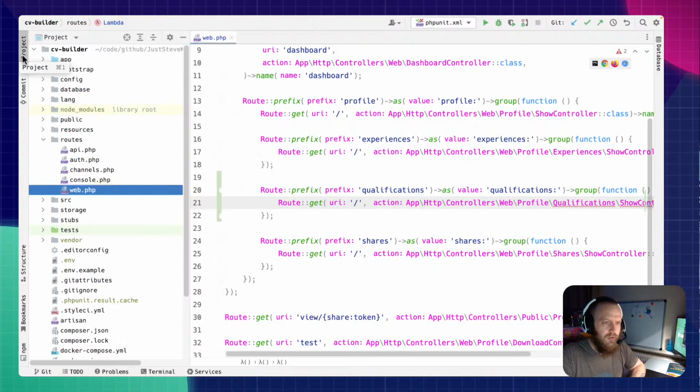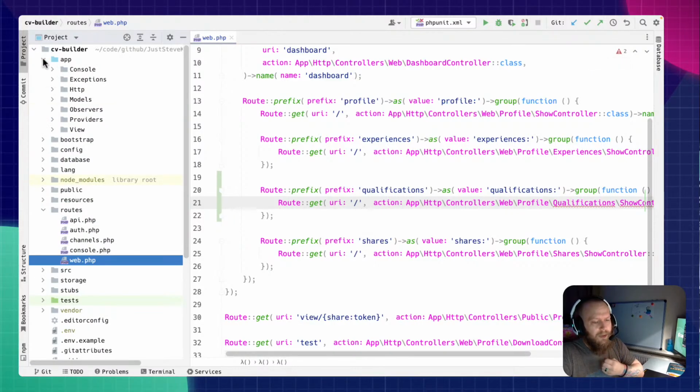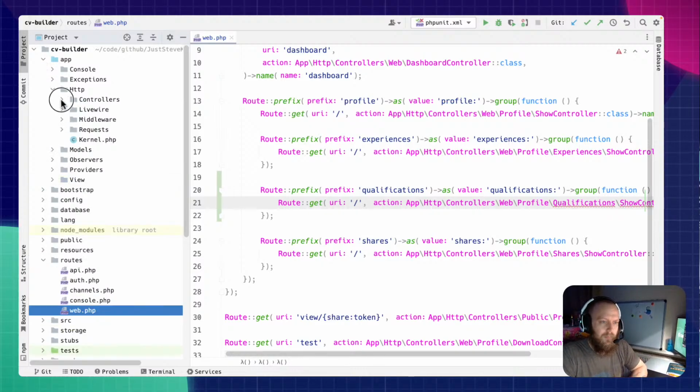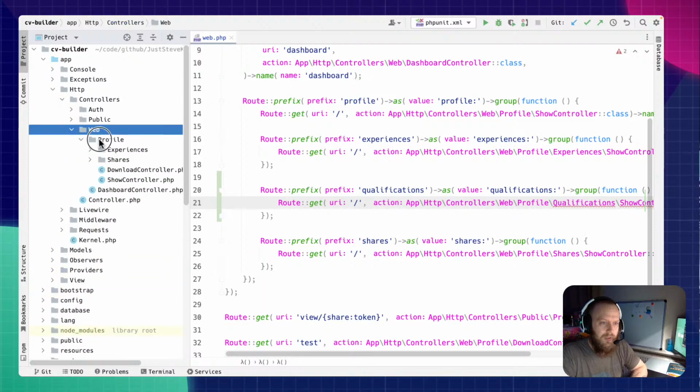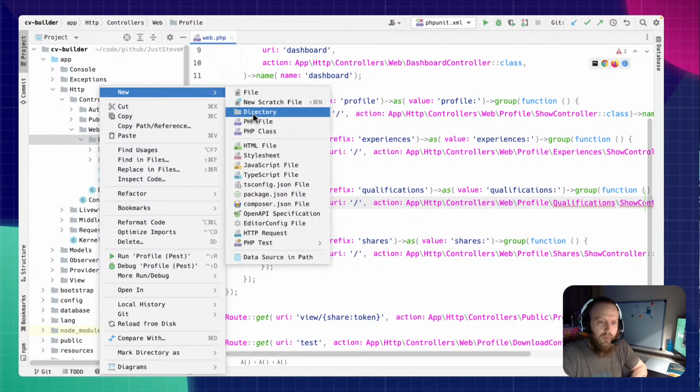Qualifications. We're going to call them qualifications because we want to be able to add things that aren't typical education, like A levels, degrees, GCSEs. What we want to be able to do is allow people to add things such as bootcamp certificates or things relating to tech, because this is what it's for. It's aimed at tech. So inside web, profile, new directory,